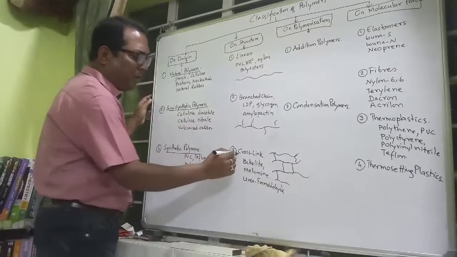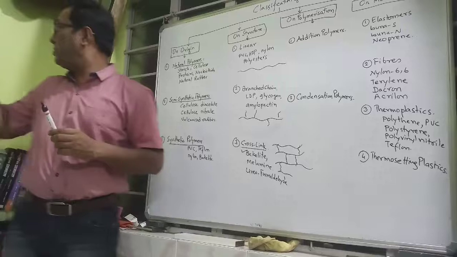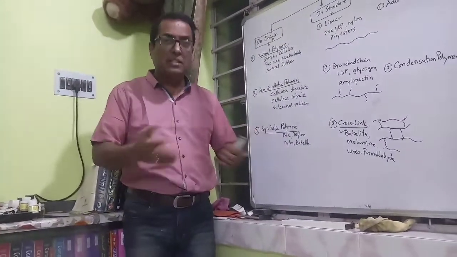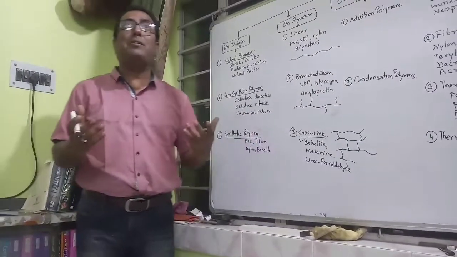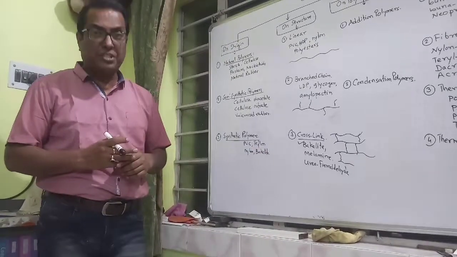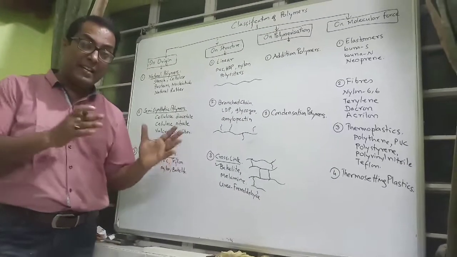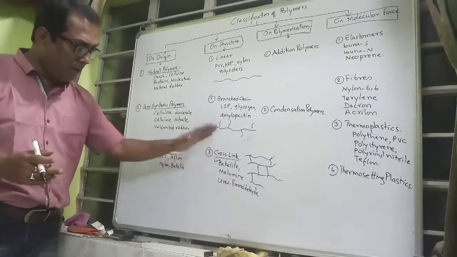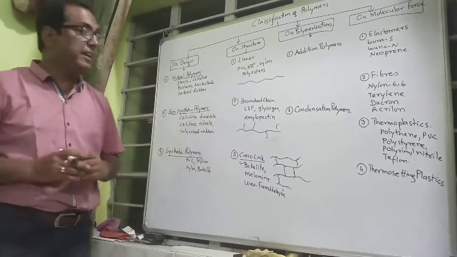And in the cross-linked polymers, we include bakelite. You know, the switchboards, this is a bakelite. The pressure cooker handles, this is a bakelite. Melamine, you know that non-stick cookwares or microwave oven cookwares are made up of the melamine formaldehyde resins. Urea formaldehyde resins are also being made. They are heat resistant. So they are cross-linked, but remember, all these cross-linked polymers have very low